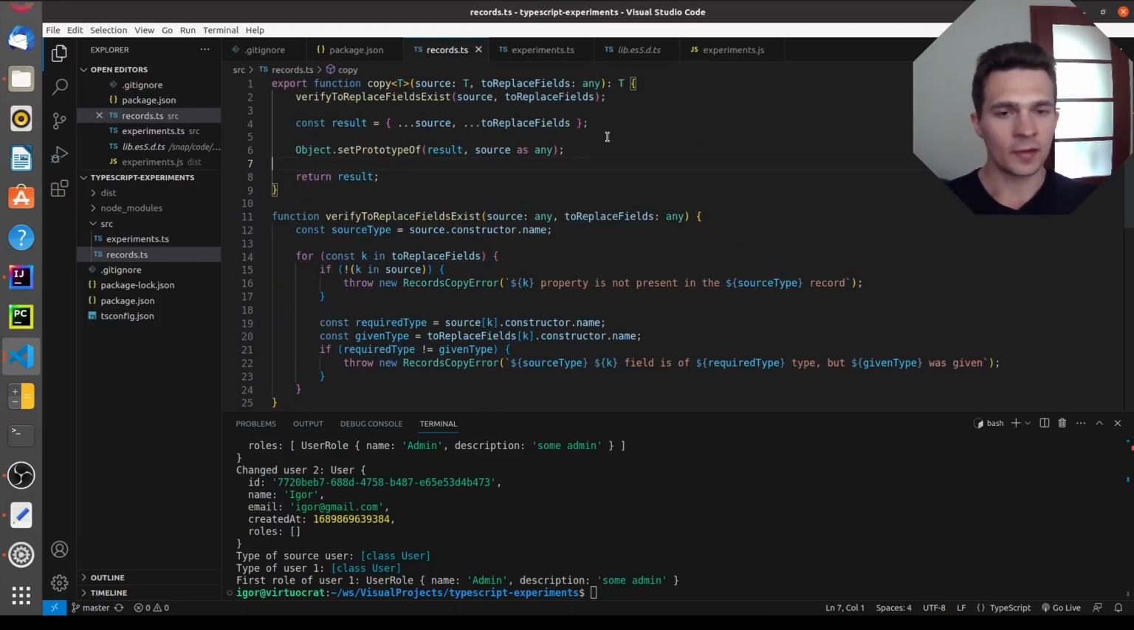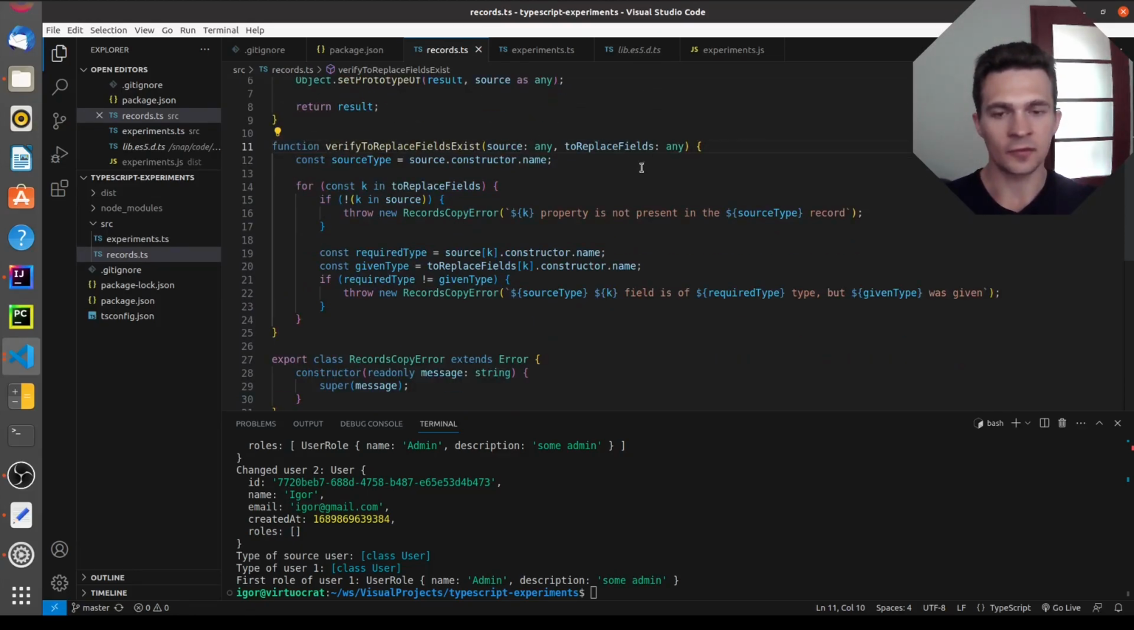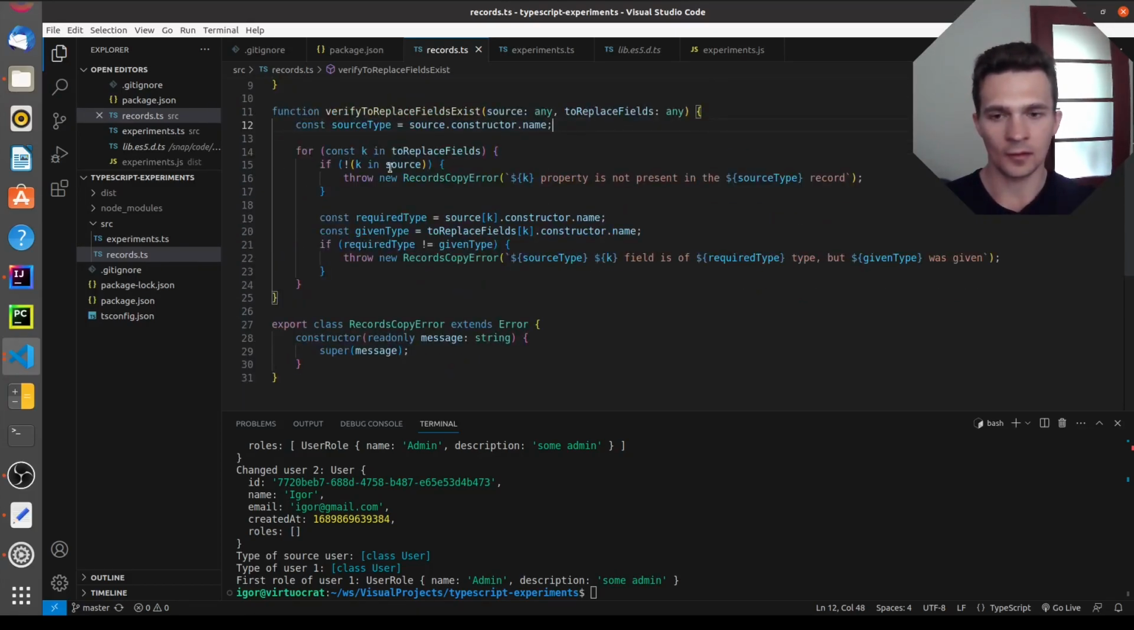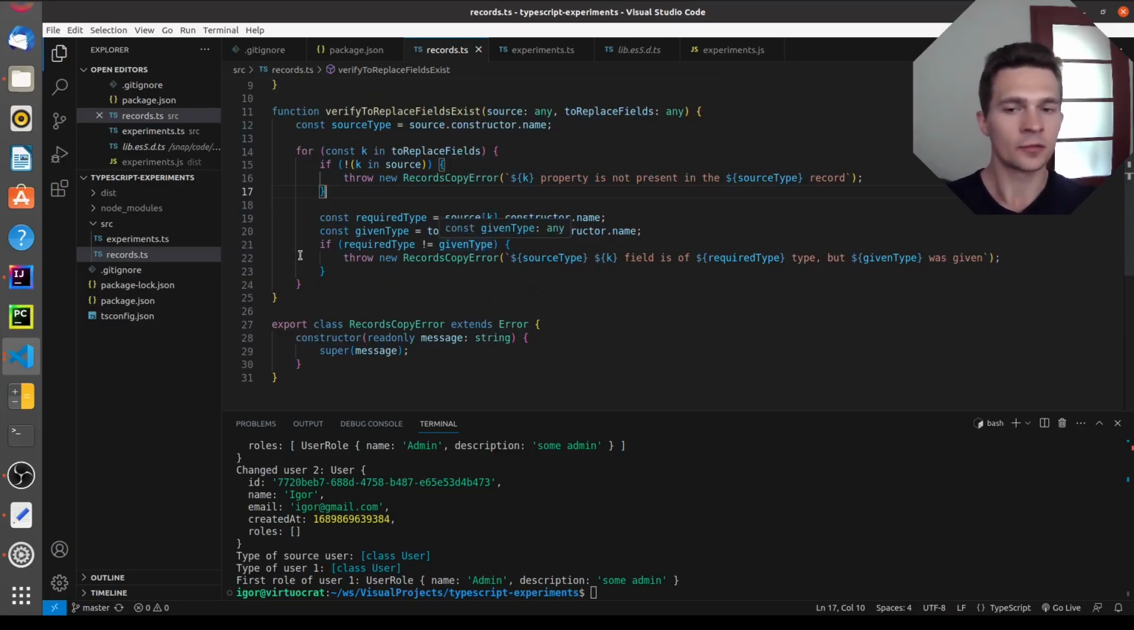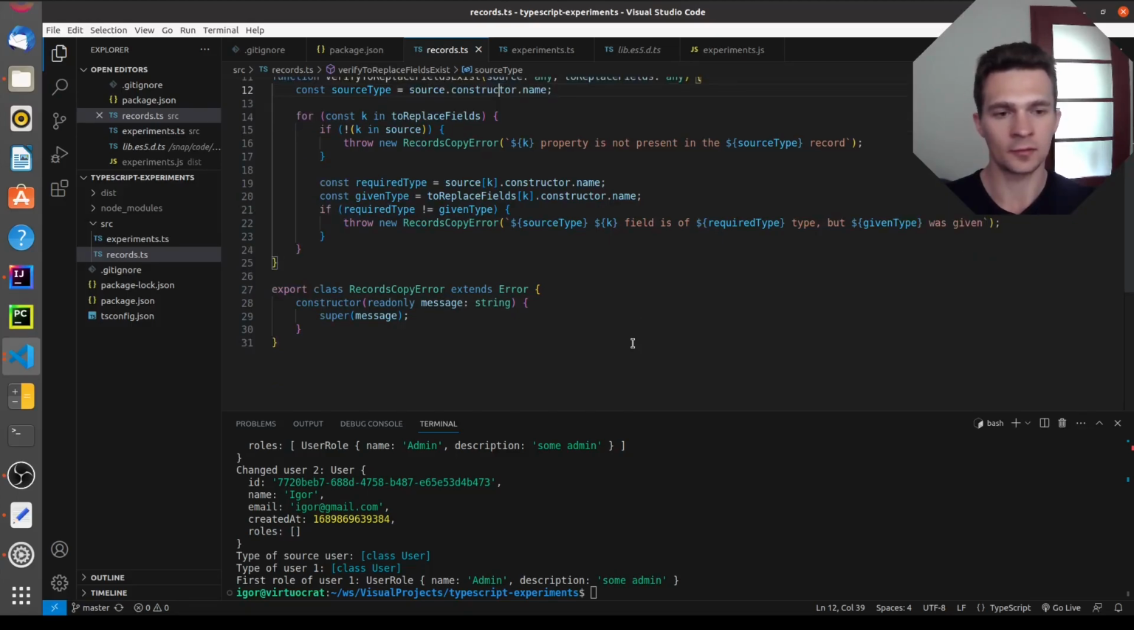But to do that, we need to do some validations. Here we verify that the fields that you want to replace exist. We basically iterate over the fields to replace, and if they are not in the source, we throw an exception. Then we also take a field from the source object and compare the types by checking the constructor name. That's, I think, the best way you can do this in